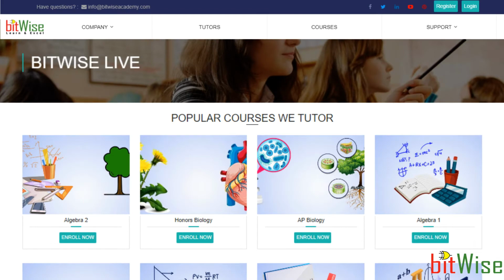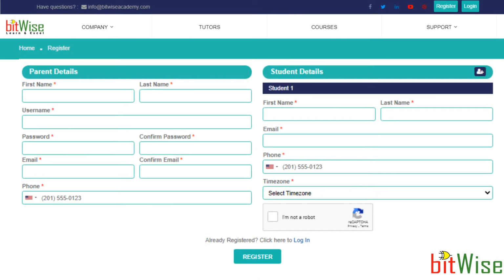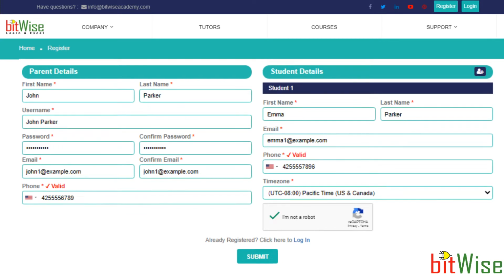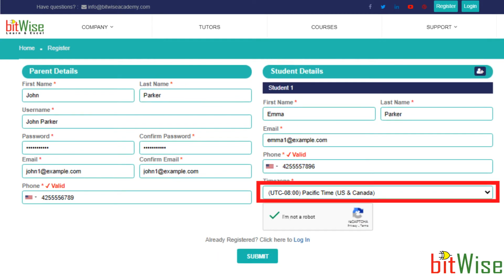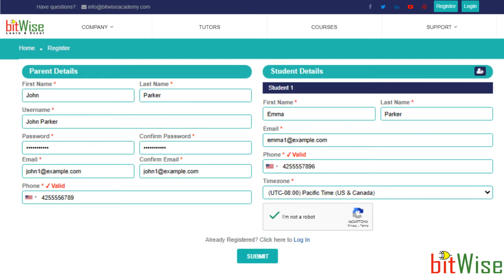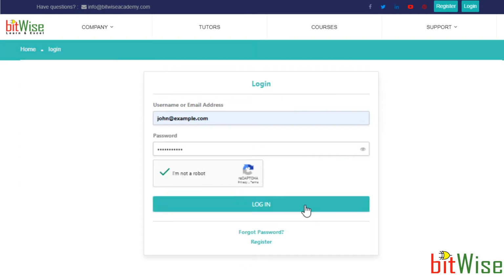Start by clicking the Register button at live.bitwise.academy. Provide the information requested for you and your child. Want to register a second child? Just click here to provide the details. Don't forget to select the student's time zone before you submit the form. Save your credentials and use them to log in anytime to